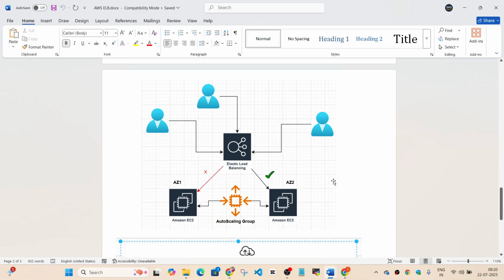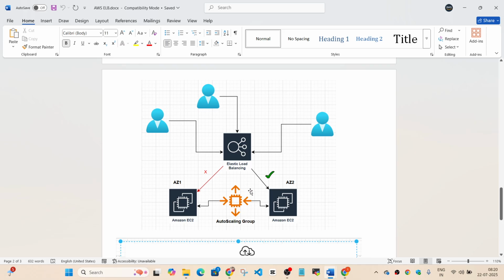One of the things it can do also: I'm just taking an example of EC2 instances because we haven't studied containers. I'll tell you how ELBs work with containers also when we reach there. Each EC2 instance is always located within a region, and within the region, it will always be in an availability zone.